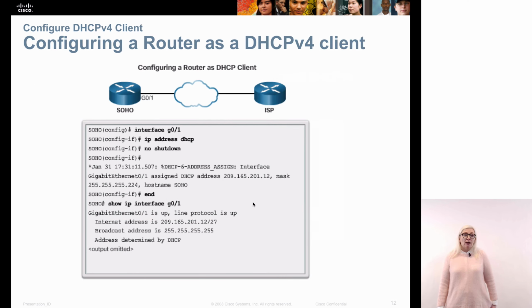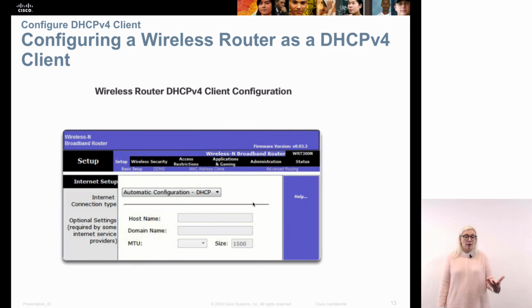I can, of course, also set up my interfaces on the router to obtain an IP address automatically. In this case, I just use the ip address dhcp command. That will tell my interface to get an IP address from a DHCP server. And if I do the command show ip interface G0/1, for instance, then I will see the IP address that I've obtained from my DHCP server. It also says here that the address is determined by DHCP. So the routers themselves can also